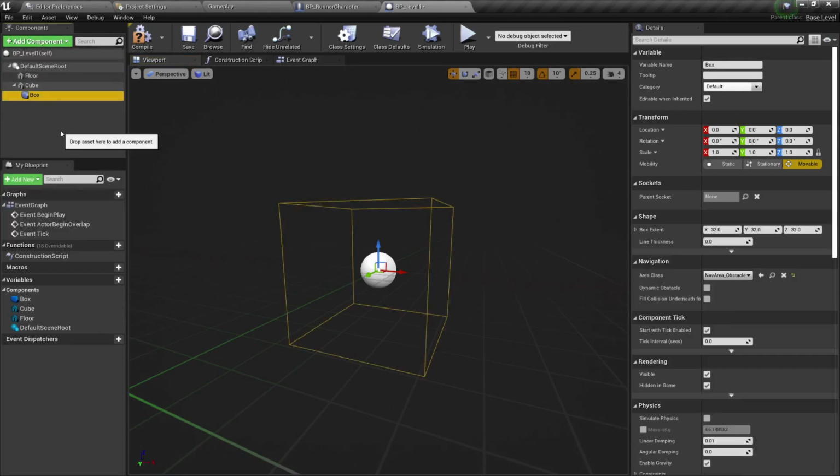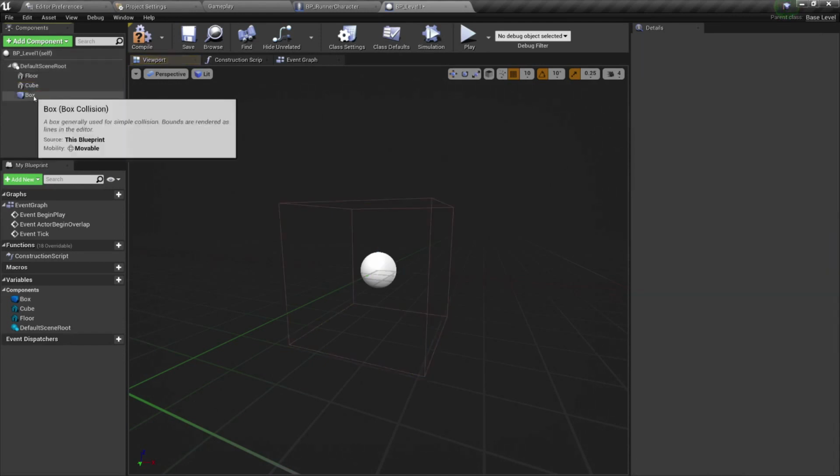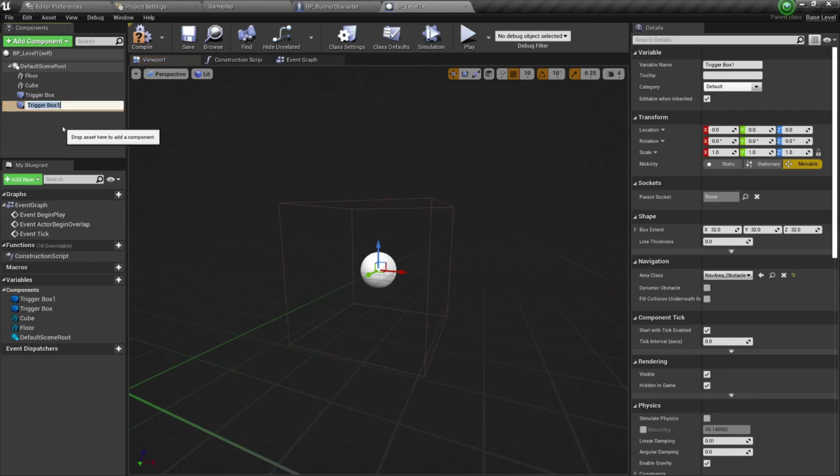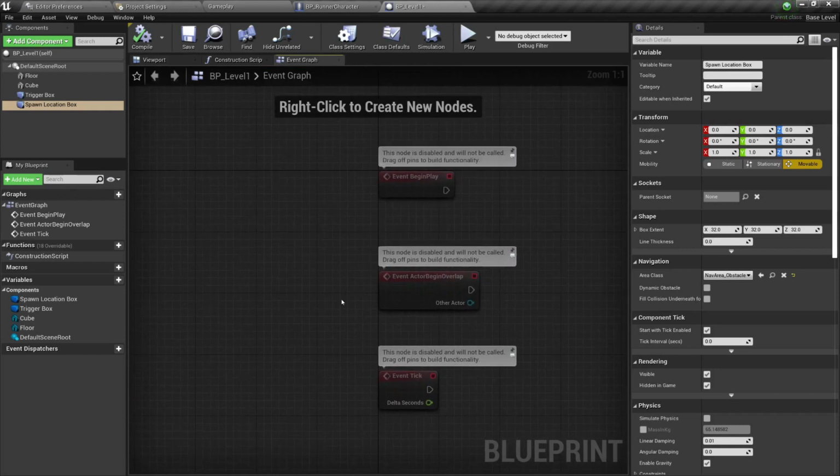One I am going to call, and this is not going to be a child of the cube. So I am going to call this one trigger box. Copy and paste it. And this one, I am going to call it spawn location box. Let me just compile and save that. And let me just add everything that I need. And we are going to code, or actually before that, in the event graph, what I'm going to do is